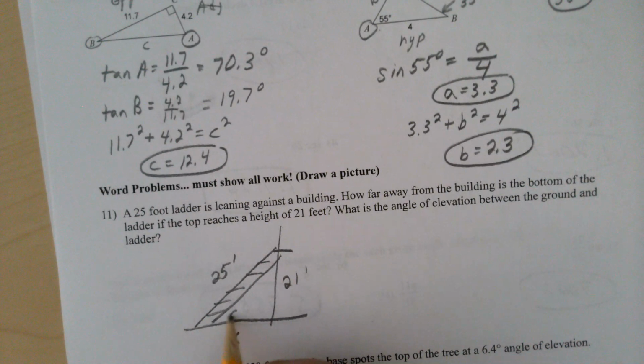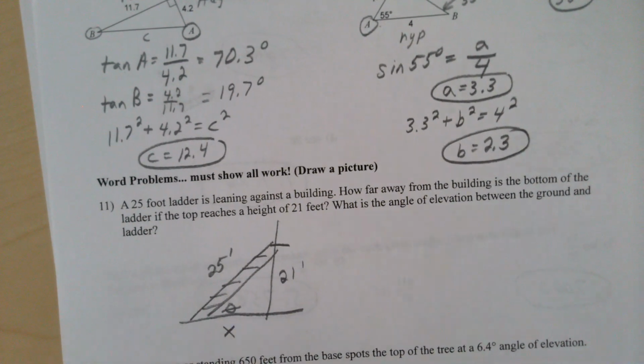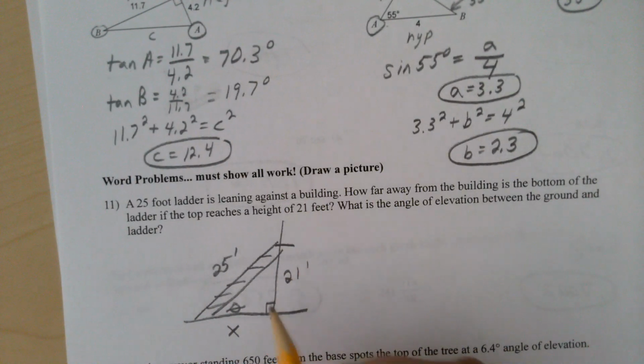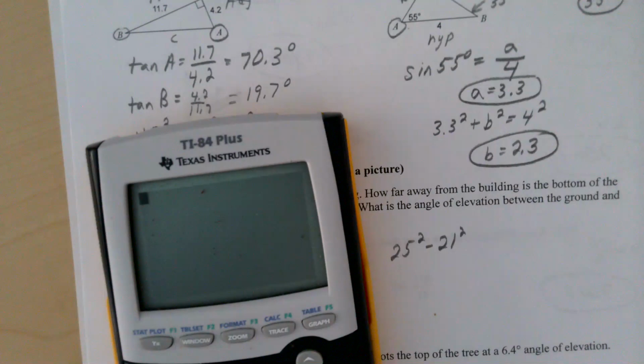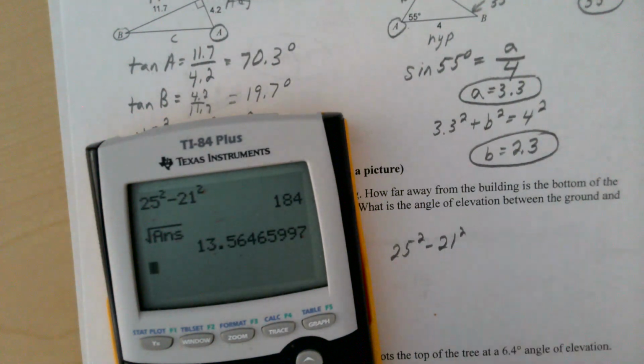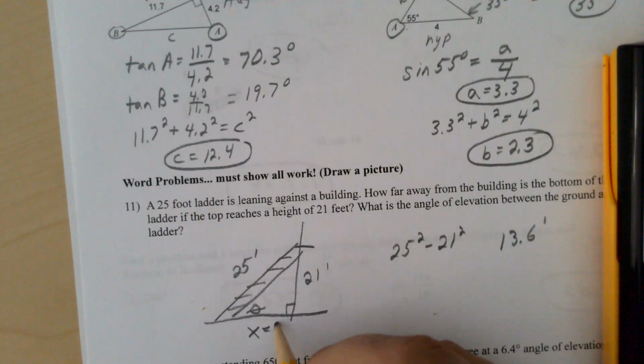And then I also ask for the angle of elevation. So what angle is formed between the ground and the ladder? Well, to find this side, we just need the Pythagorean theorem. This is a right triangle, so you don't need trig to know 25 squared minus 21 squared. So let's ask the calculator to do this for us. So we'll do 25 squared minus 21 squared. There it is. So obviously it's not 184 feet away from the house. We have to take the square root of that answer, and we're going to see it's 13.6 feet. Okay, so x is